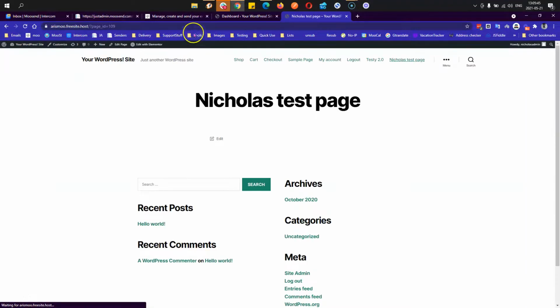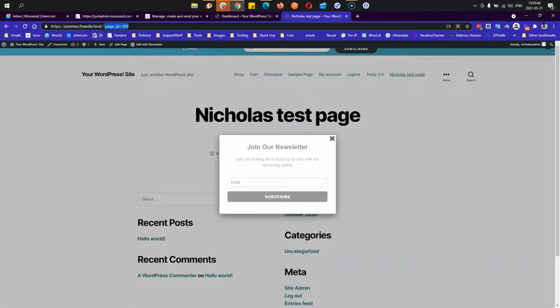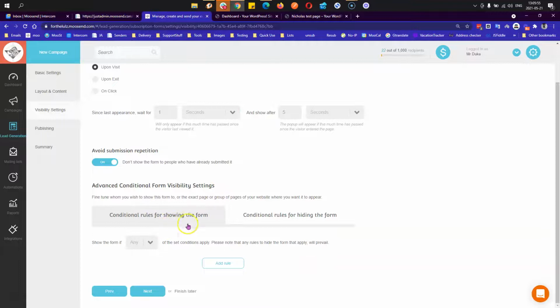Let me go to the page. I would need to get the path of my page, this one right here, and then just go in the rules for showing the form. And so if the URL path contains this name,